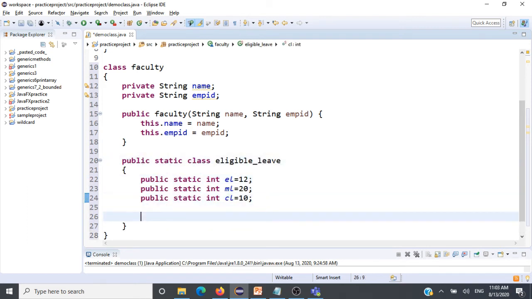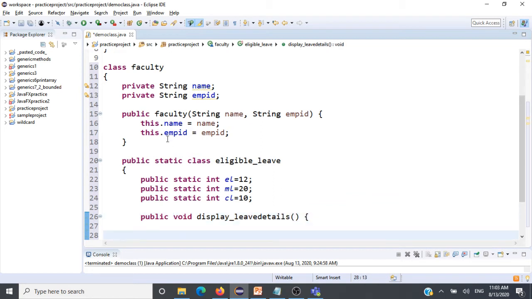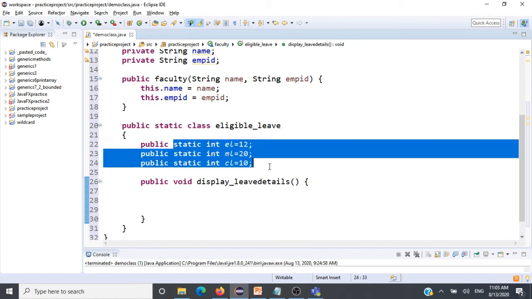And we'll also have a method here, that is we'll have a public method. So this method is going to display the leave data. Say display leave details. And one thing we have to keep in mind is we are going to display static data here.